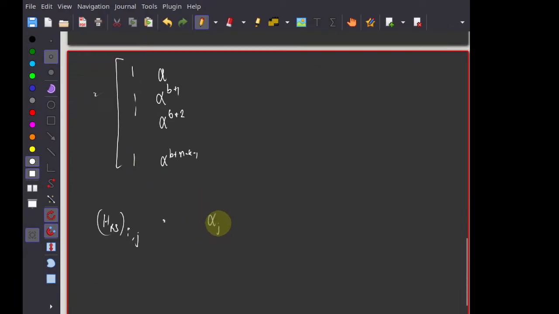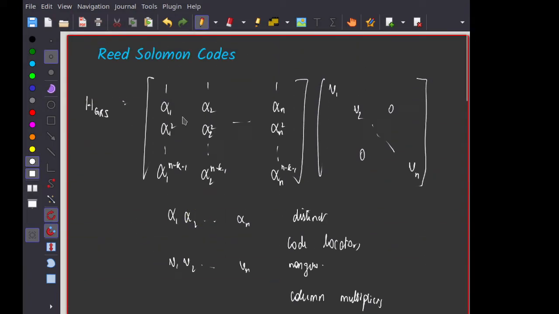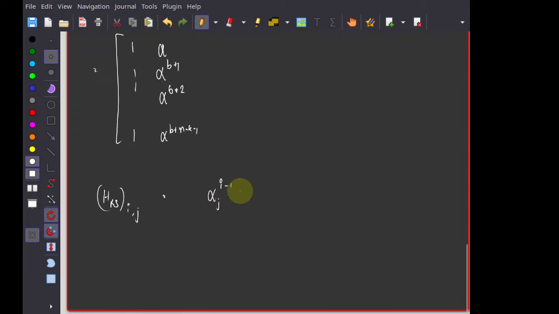It is alpha j raised to i minus 1. Okay, so if you look at this here, the jth entry has powers of alpha j, and the ith row has something raised to i minus 1. The first row has raised to 0, second row is raised to 1. Okay, this times